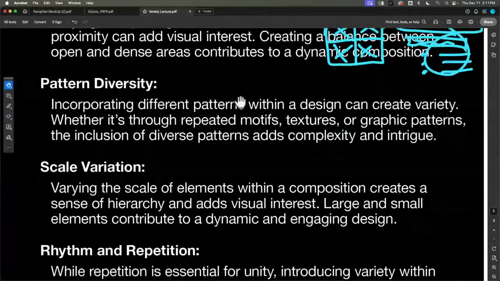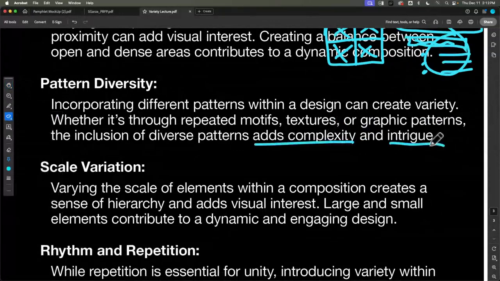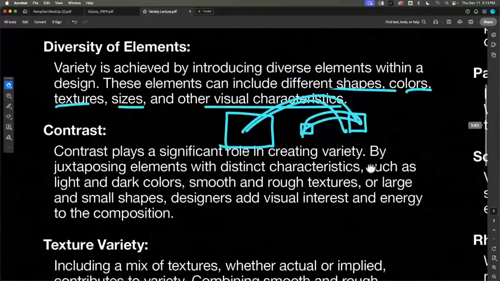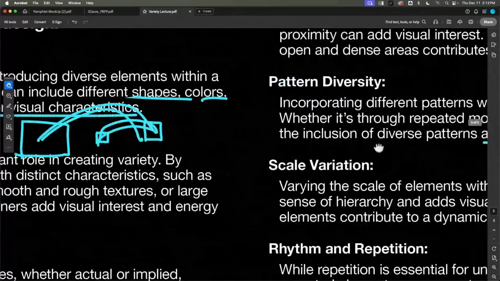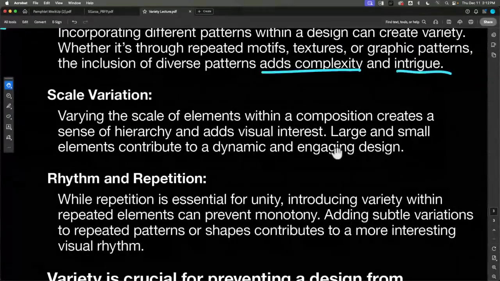I mean, there's nothing else to say except for this part. It adds complexity and intrigue. Kind of love that. Scale variation. I talked about that with the contrast, different sizes, what's more important. You can have different size items and it helps people realize large is usually more important than small. That was like that reversed